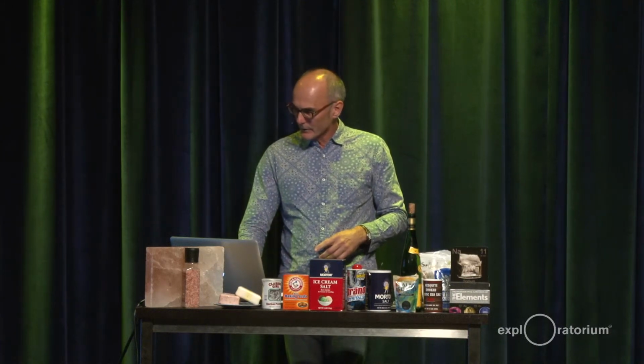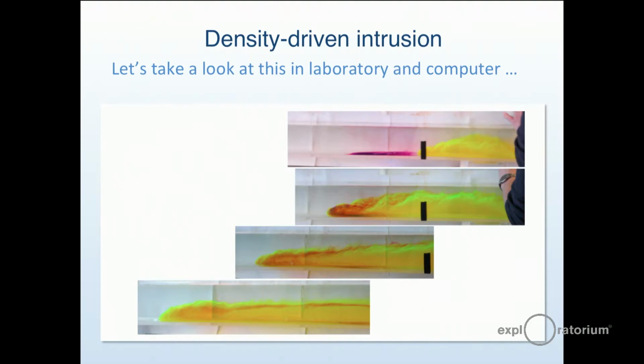So I have a couple of little movies here, which I'll show you, and we can look back at this in a moment. But I'll just talk about this briefly. The yellow water here is dense water, so it's like seawater, and there's clear water in a tank, which is like fresh water. You start off with dense water on one side and fresh water on the other side. And you take the wall out between them, and the dense water pushes in underneath.